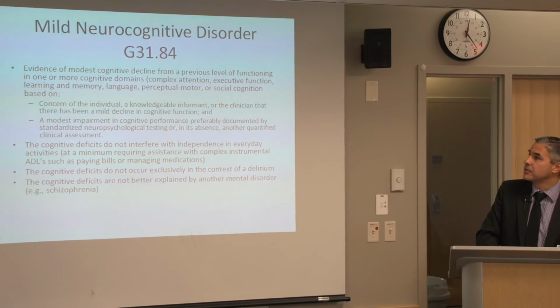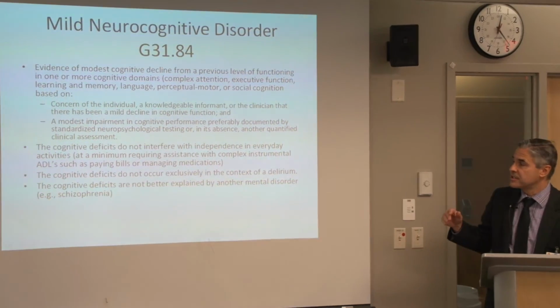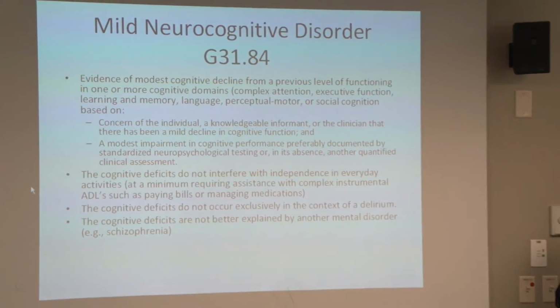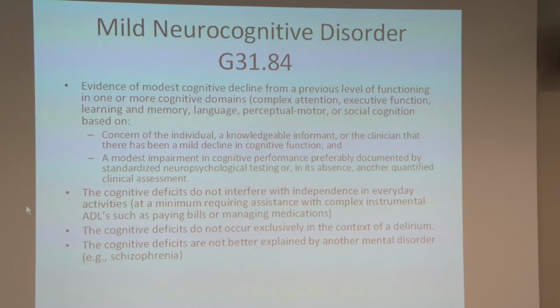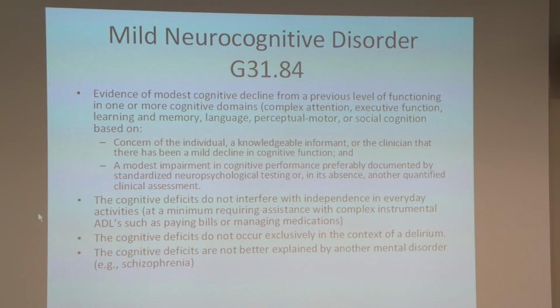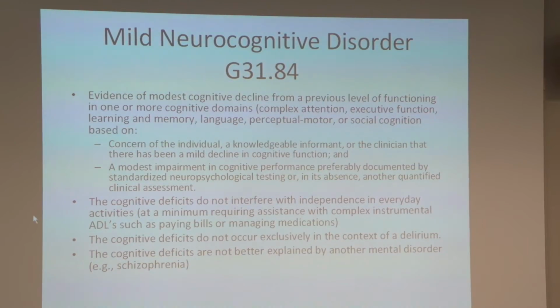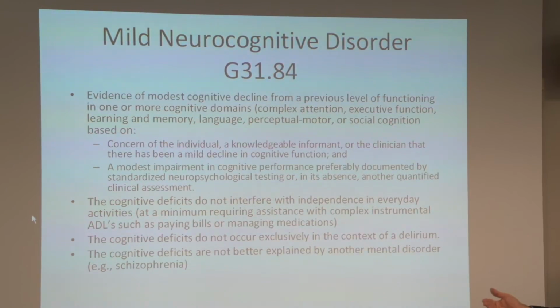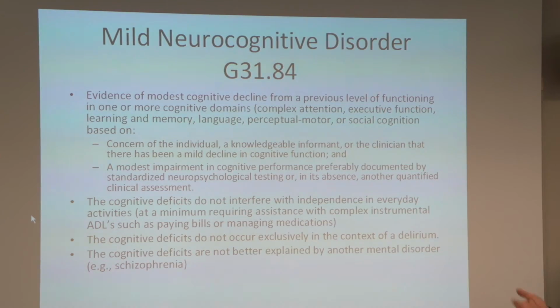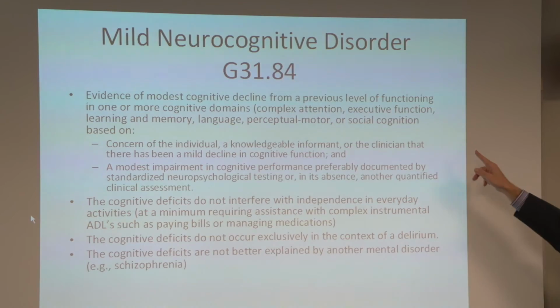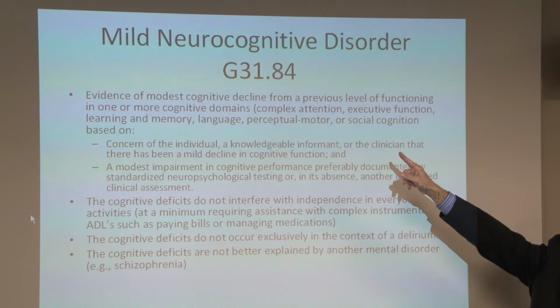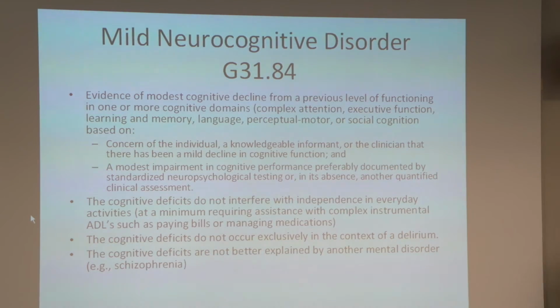And this is mild neurocognitive disorder, which is essentially the same thing, but in a mild presentation, does not interfere with independence, but it's a problem that people note, like mild cognitive impairment, Ron Peterson's clinical condition. And mild neurocognitive disorder is always coded the same, regardless of etiology,